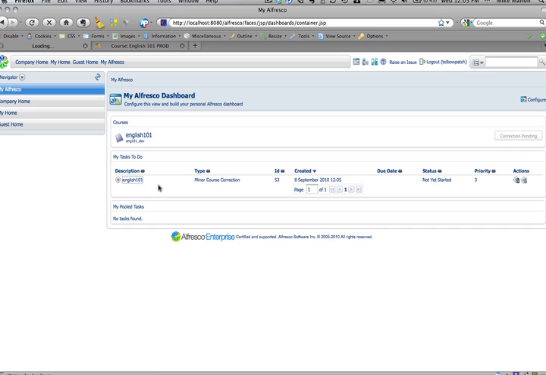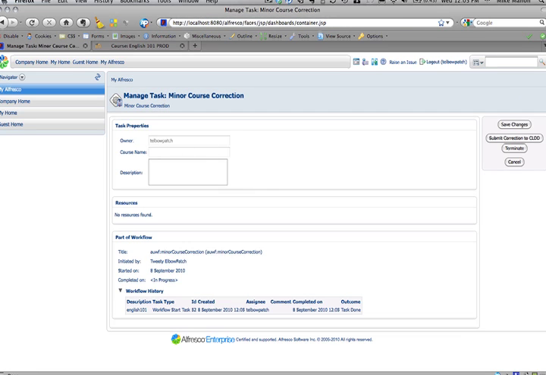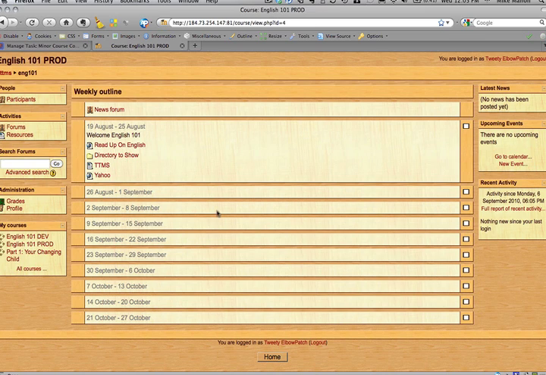And when we look at this, you can see the actions that I've got associated. I've got save changes, so I can go in here and record what sort of changes I intend to make. I can submit the correction to the review board. I can terminate the workflow and get it out of the minor correction workflow, or I can cancel out of this screen. What we should see when we go back over to the Moodle instance